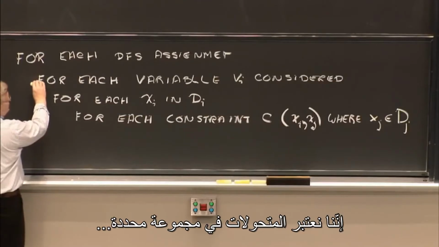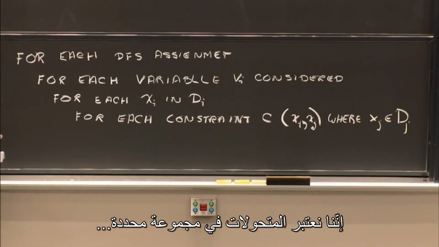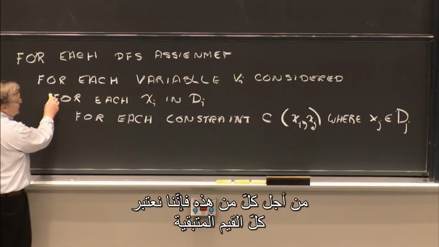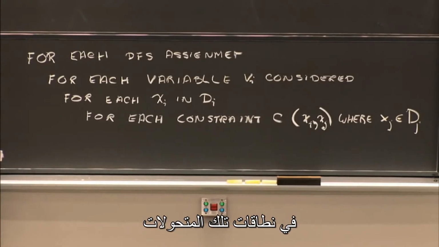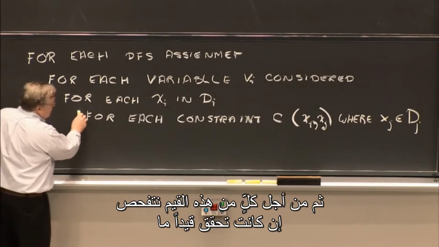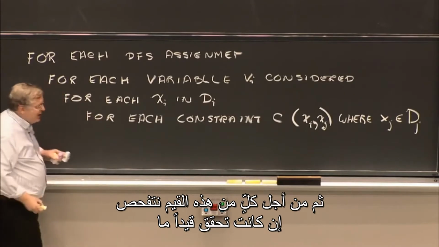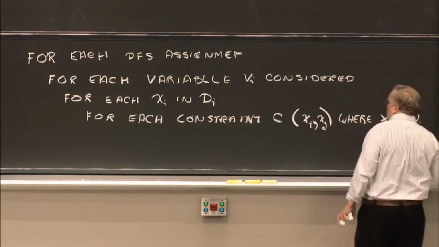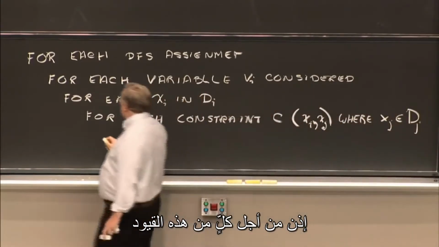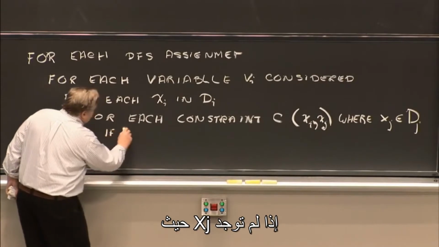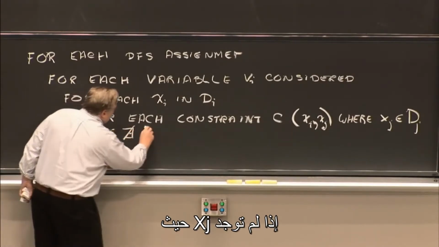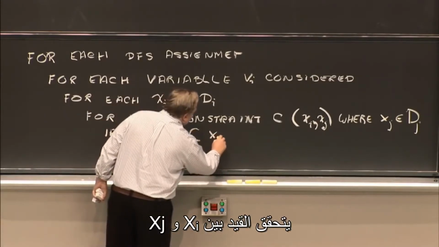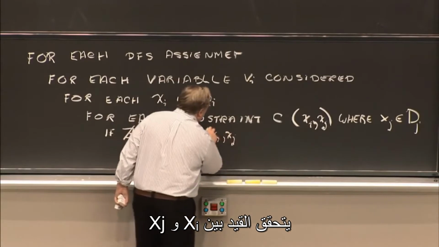We are considering the variables in a certain collection of variables. For each one of those, we're considering all of the values that still remain in the domains of those variables. And then for each of those values, we're checking to see if it satisfies the constraints that are placed upon it. So for each of these constraints, if there does not exist an x sub j such that the constraint between x sub I and x sub j is satisfied,